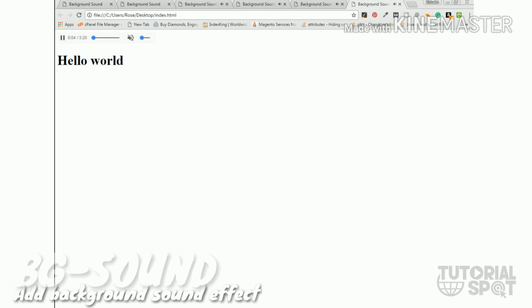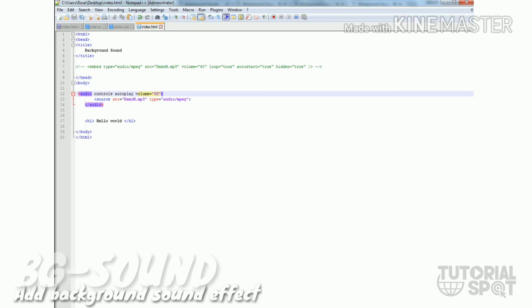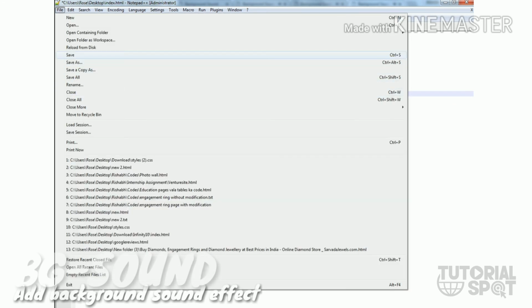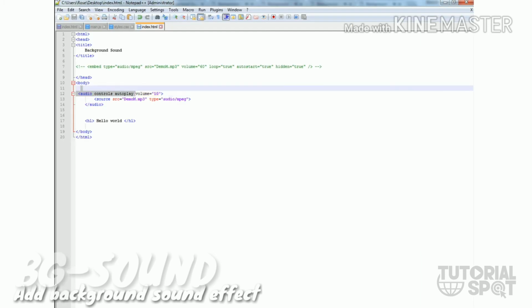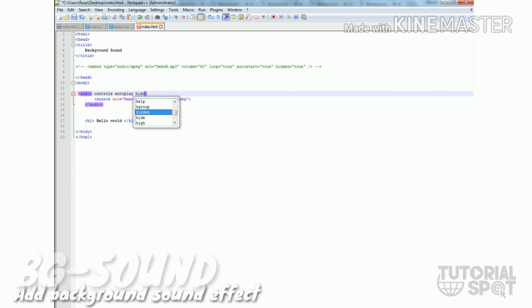Here I have now set 50 percent of my volume, but in the control you can see I have set it to 10. At that time the controller will be on 100. So in the controller you will not find any kind of changes. This will change directly from your main system. Okay, I'm removing this volume for now and making this audio controller hidden, right? Because this sound will play in the background of a web page.